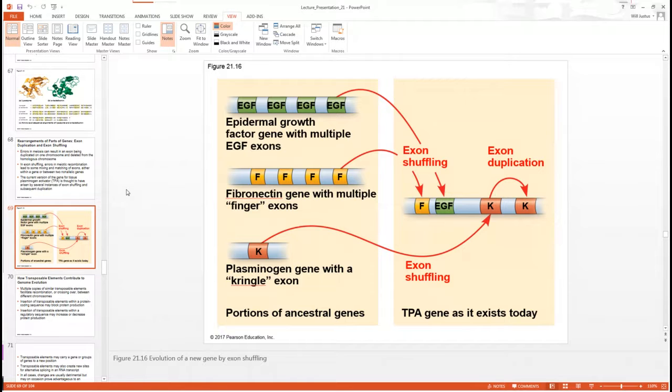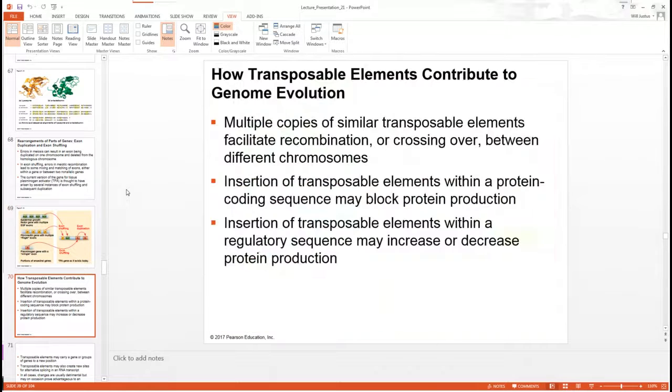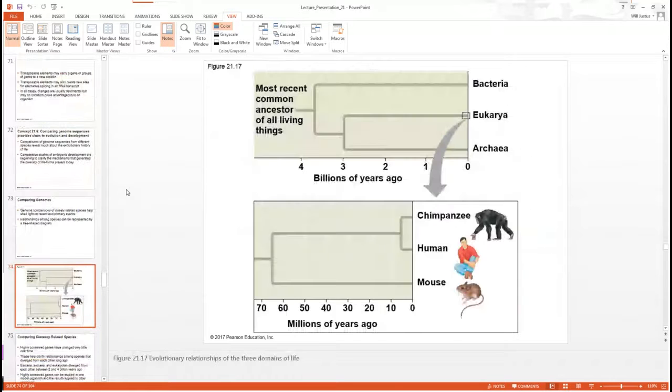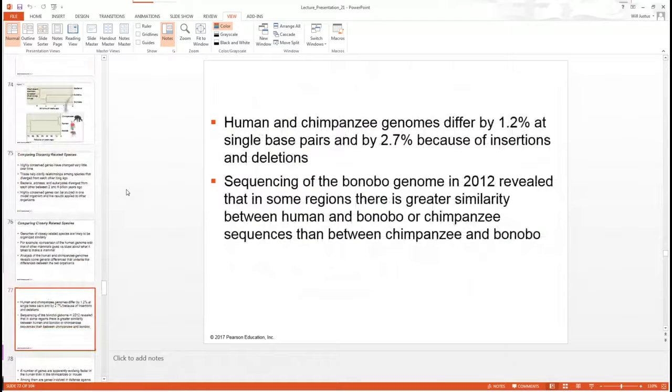When we're talking about evolution, we are no more evolutionarily successful than bacteria. The bacteria are suited to their environment, we're suited to ours. So we're both pretty successful. So this is talking about the transposons that I mentioned earlier. I'd like to move down and talk about